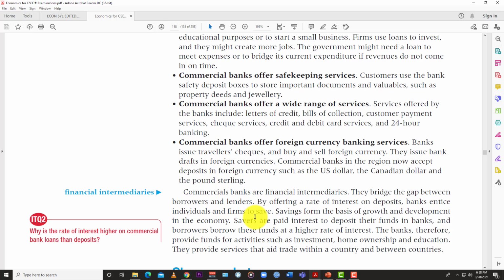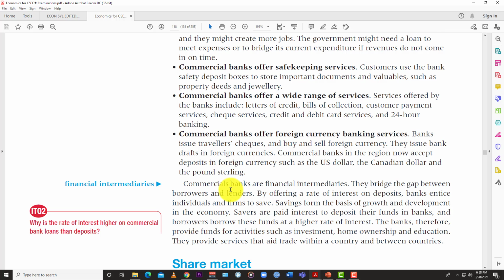And of course, I don't have to tell you that they also offer credit cards, debit cards, and all those things. So all of those services are offered by the commercial bank. And as I said before with the central bank video, I also did a video for POB outlining the services offered by the commercial bank. So you can check that out for a deeper understanding. But they tend to be some of the same